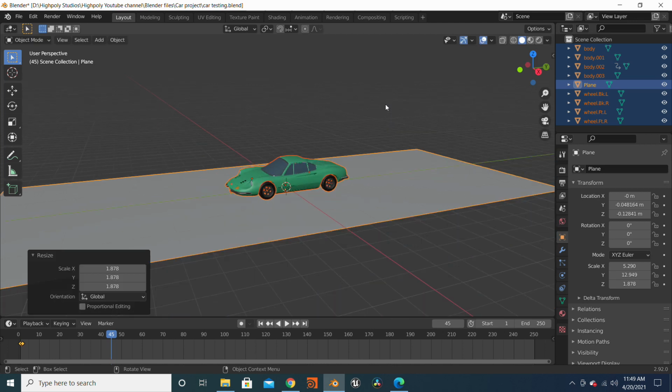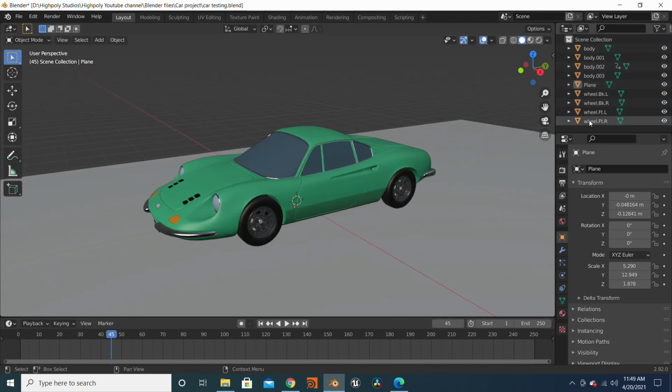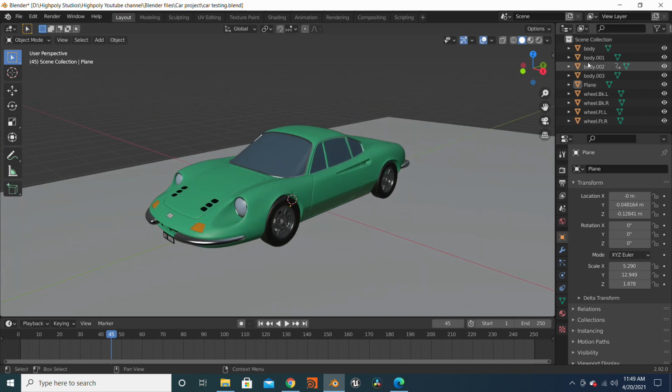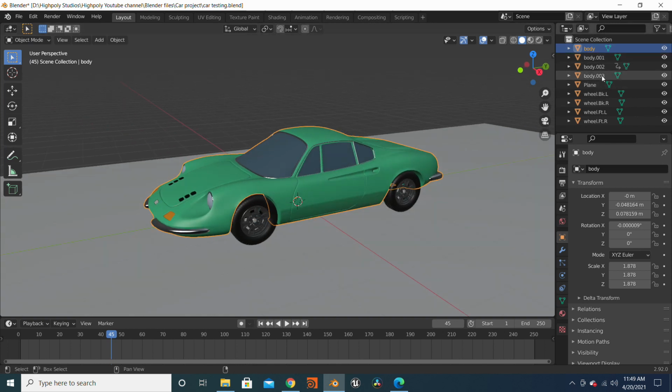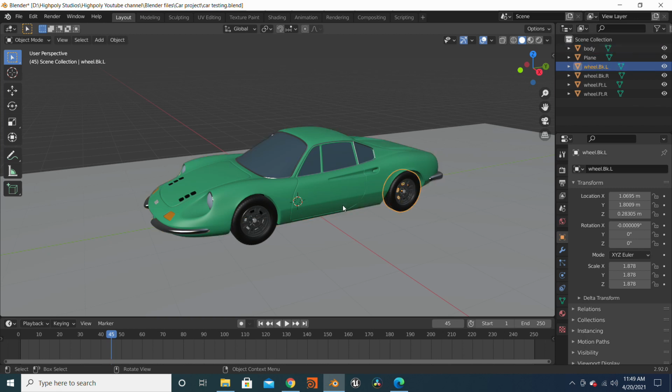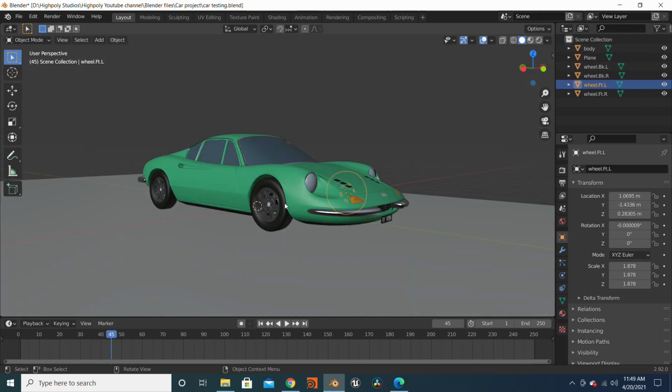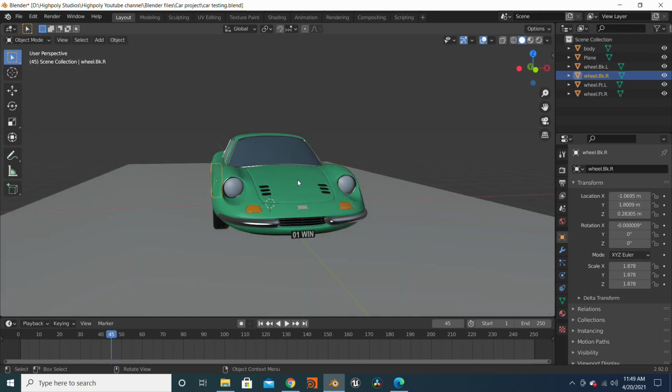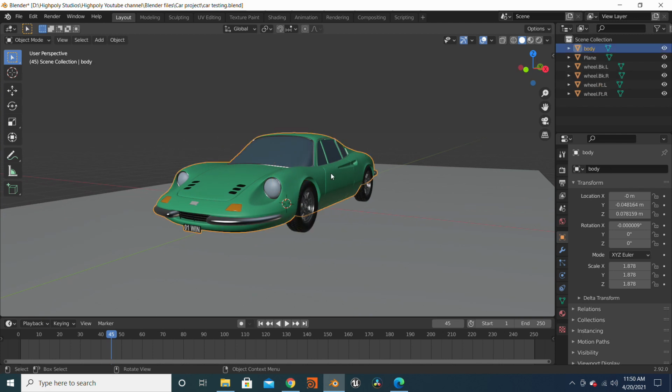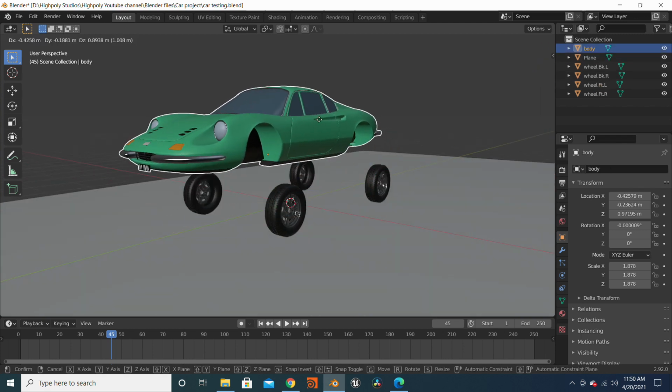Now for this part, what we will do is join all the body parts together. If your vehicle has separate parts, please join the body parts together. So when we rig, you won't have parts all over the place. And don't join the wheels, leave the wheels separate, because the wheels have to work independently and the body works independently. So just leave it how it is. And what we do next is,